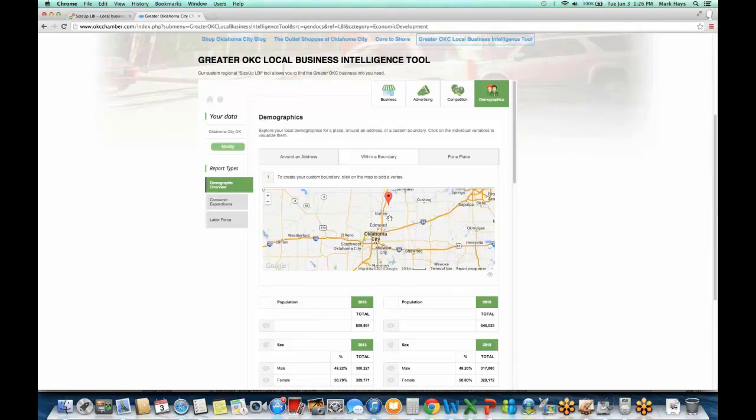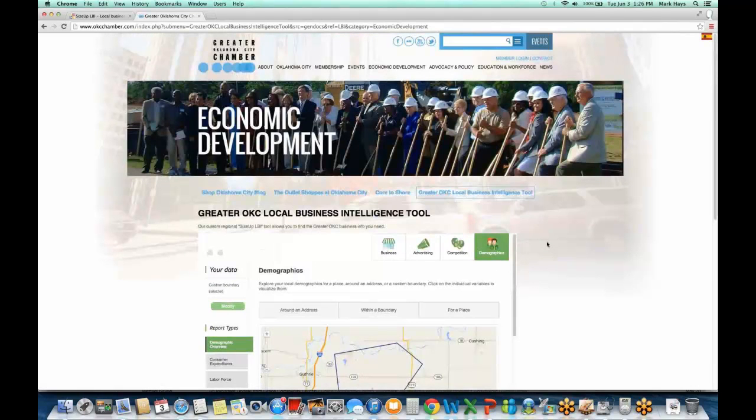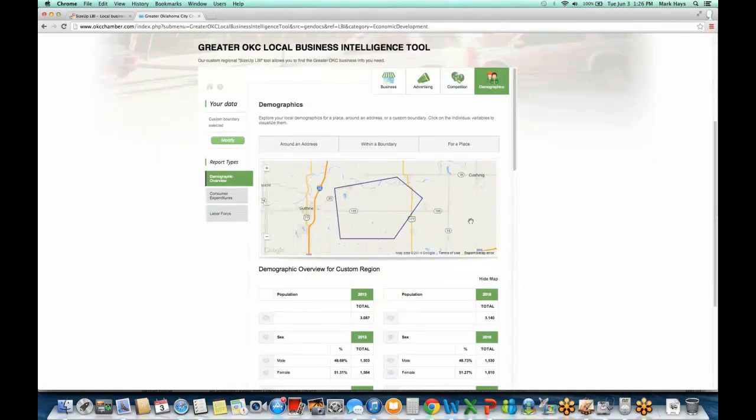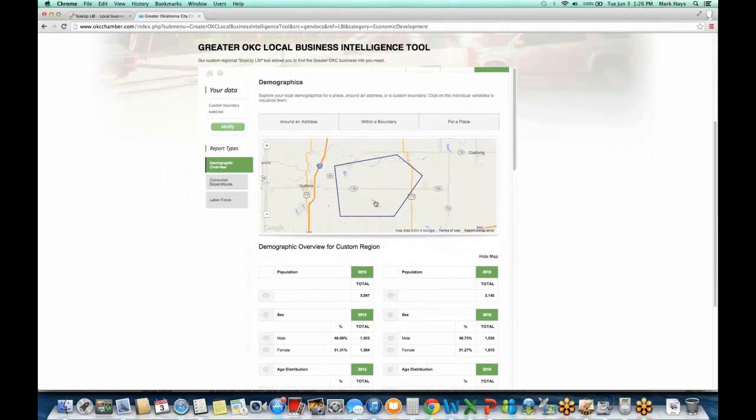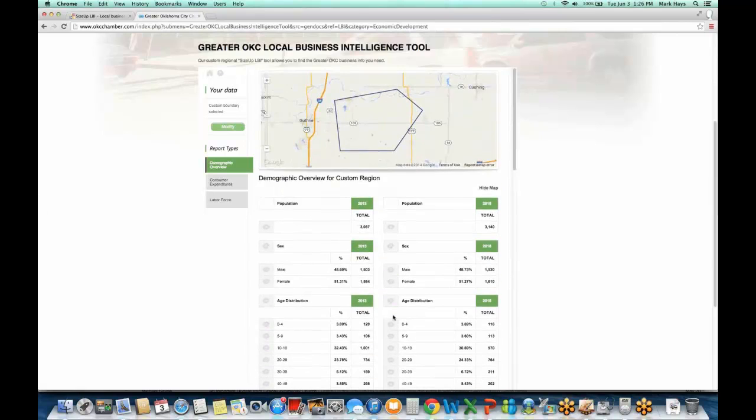I can draw a boundary any shape I want to. You can get real fun with it. And simply say that's where I'm most likely to do business, or maybe that's the area I am located at. Just simply draw it. You can do demographics, consumer expenditure, or labor force. And now let's go ahead and create just the information I looked for. So earlier we were looking at 610,000 people. Now in that area right there, there's only 3,000 people, and you're going to see what the makeup is of only 3,000 people specifically in that area.